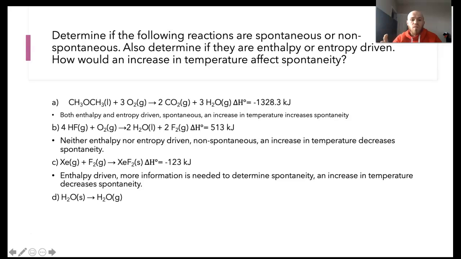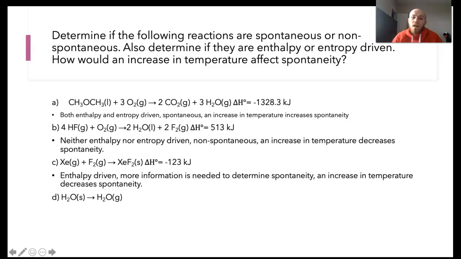Now, if we look here, we're going from the xenon and the fluorine particles. They're both in the gaseous state, and we're going to a solid. We're going from a gas to a solid. It's going to be unfavorable because it's going to be more organized as far as entropy. We're also going from 2 particles to 1 particle, which again, it's going to be unfavorable for entropy.